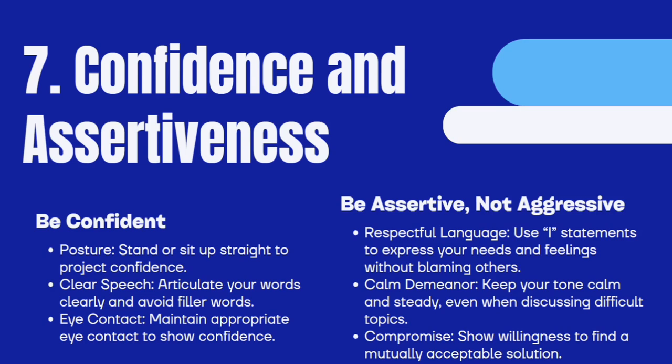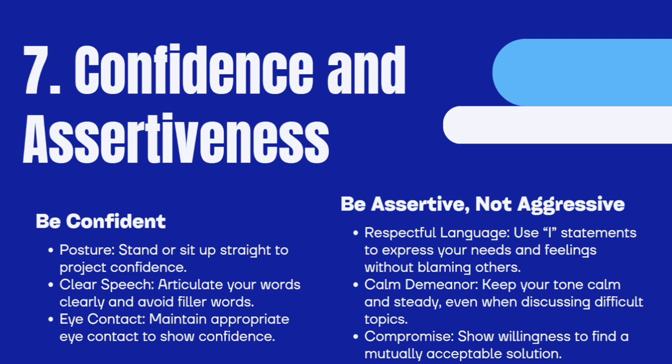Seventh is confidence and assertiveness. Be confident. First is posture. Stand or sit up straight to project confidence. Clear speech. Articulate your words clearly and avoid filler words. Eye contact. Maintain eye contact to show confidence. When you are talking, your eyes should be on the public. So you have to maintain the